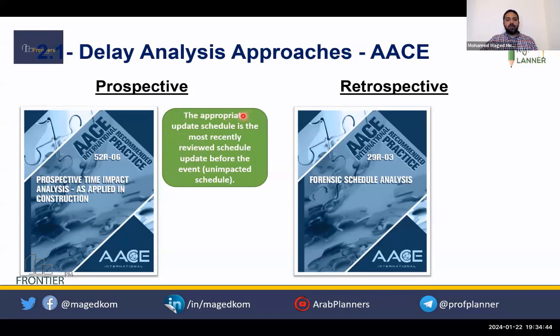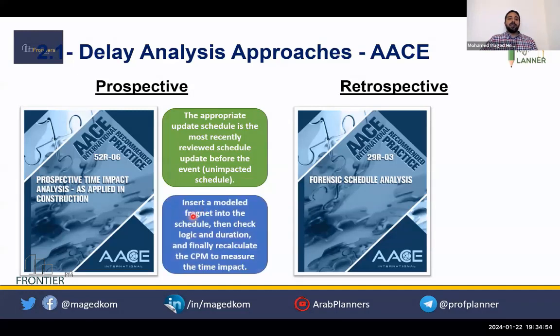Briefly, to select the appropriate update you will use in the analysis, it should be the most recent update prior to the event. We'll call it the unimpacted schedule. And then we insert a modeled fragment into the schedule, check the logic and duration, recalculate the critical path method, and measure the impact. We'll see in detail with the full 8 steps how to implement this approach.